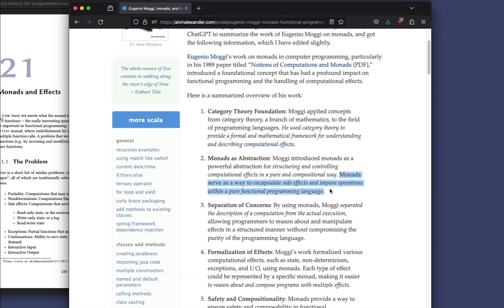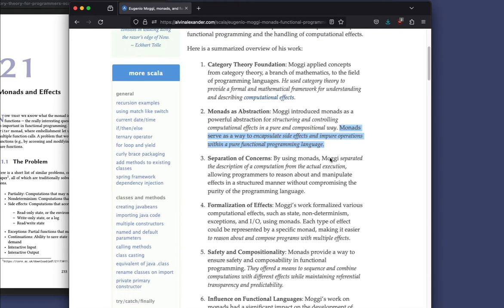And monads give us this ability to encapsulate side effects and impure operations within a pure functional programming language. And the way he did this, as described here, he separated the description of a computation from the actual execution. And when we get into Zio, you'll see that's exactly how this works. When you create an instance of a Zio, which again is a type of an I/O,